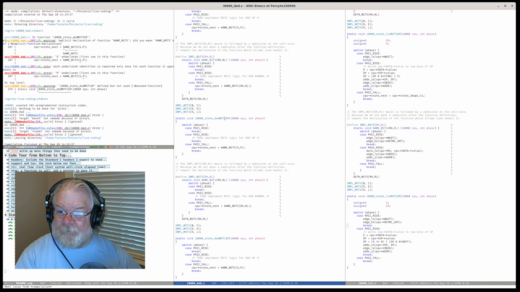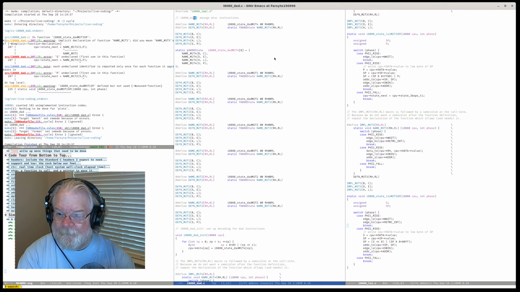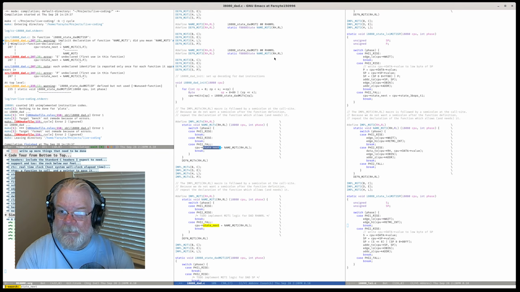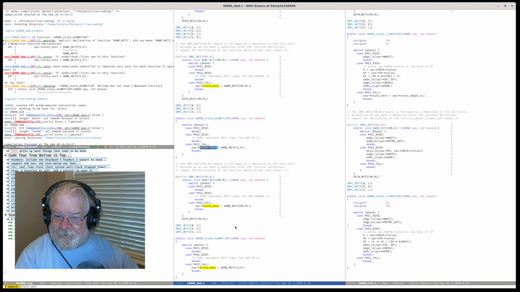Name M1T3. This is from M2T3. This is M3T1. Oh boy. Cross-check these next states. So M1T4 goes to M2T1. M2T1 goes to M2T2.